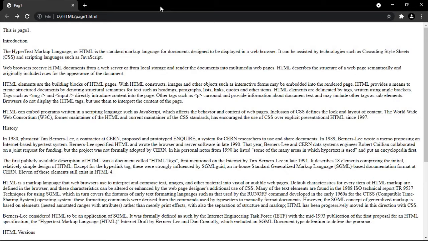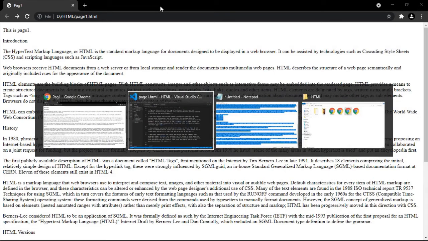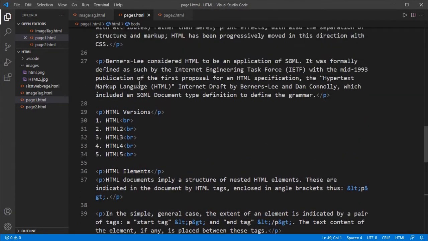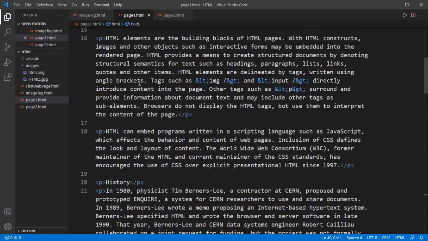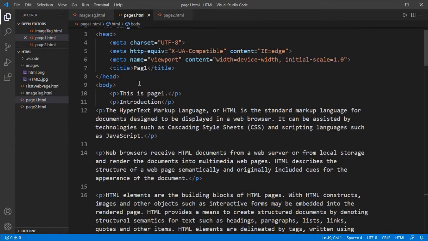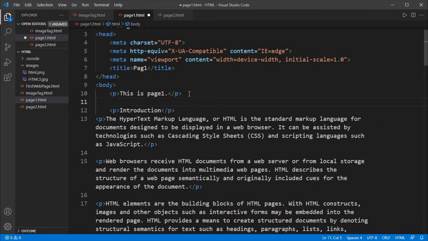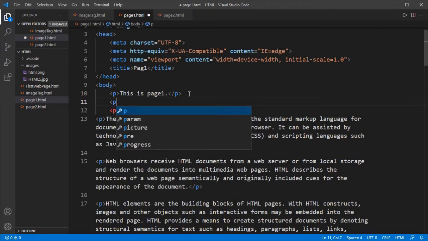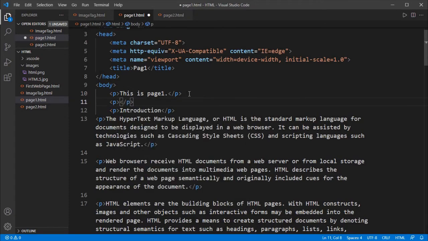So let me take the contents of these concepts at the starting of our page. Here I would like to take one more paragraph tag, which is contents.